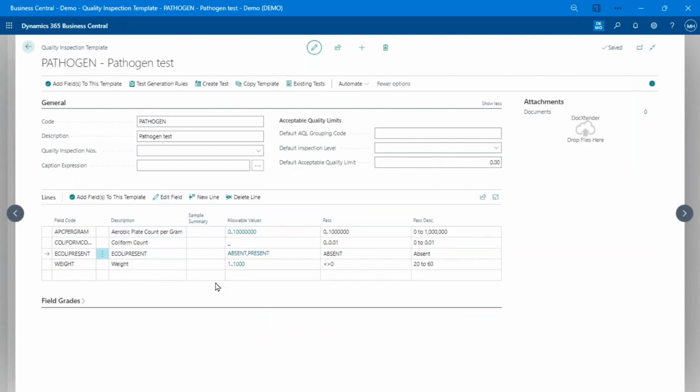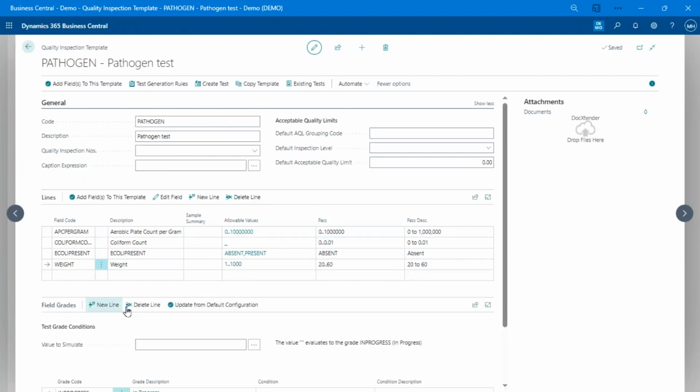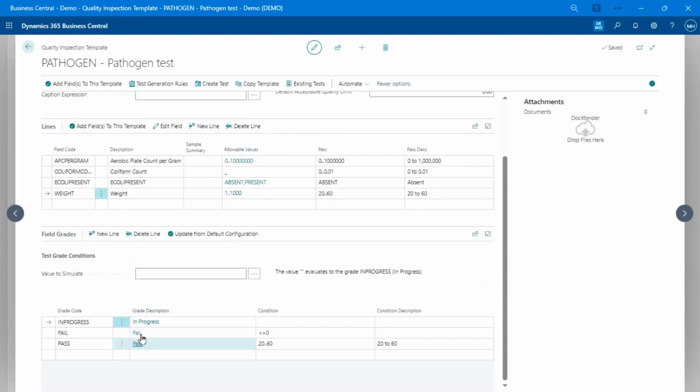And if you create a new field, it can be text, it can be a lookup list, it can be numeric, it could be a lookup to a custom table if you like, a whole bunch of different things you can set. And all we're saying is, let's do this to match my description. If it's between 20 and 60, it's going to be a pass, and that's basically it. So that's how we set that up. Now, one other thing down here, the field grades, again, I've only got it set up for an in progress, pass, fail type situation.